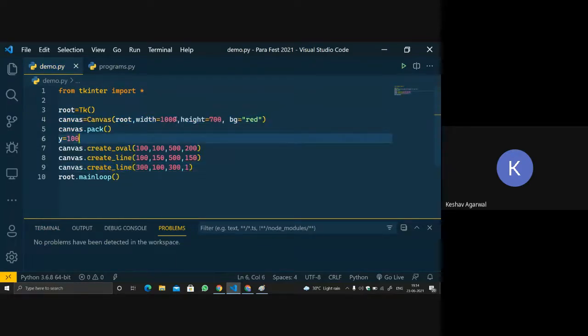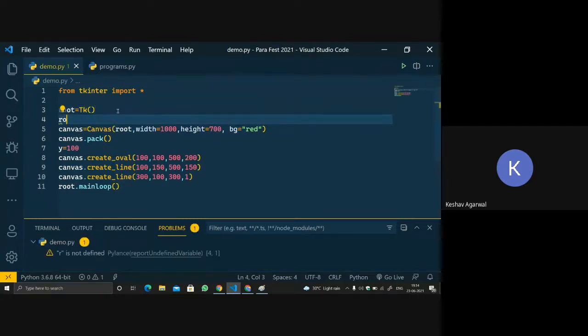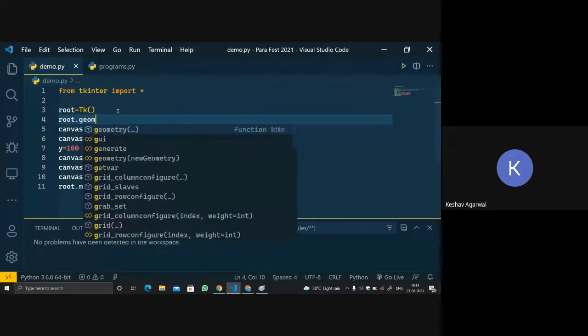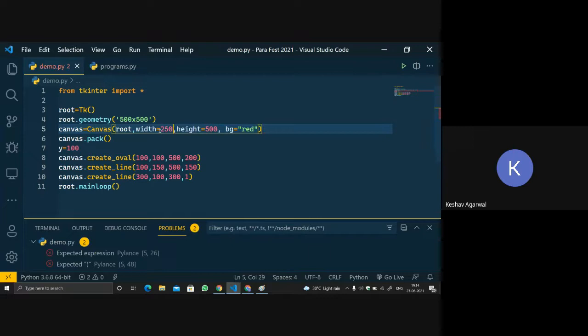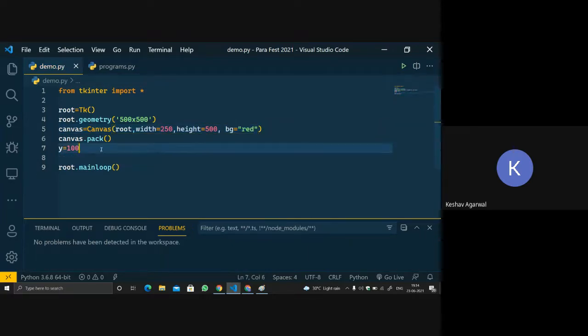I will do root dot geometry, in quotes 500 cross 500, and I will keep the height as 500 and the width as 250. Then I will remove the drawings first, and then I will pack it.